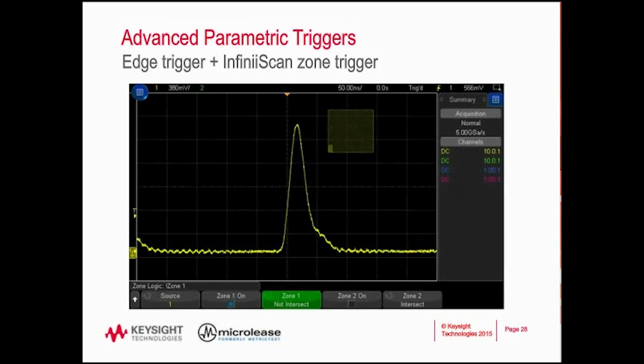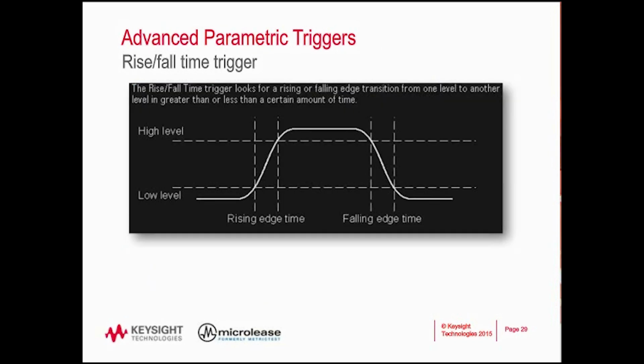Now, the beauty of zone trigger is, again, it is so flexible that your mileage may vary, right, depending on what signal you're looking for. But we'll look at a number of different options today, and it should be fairly easy for you to conceptualize in your head how you could use or could have used zone trigger to lock in on trouble signals you've encountered in the past. Okay, so the next one we're going to look at here is a rise fall time